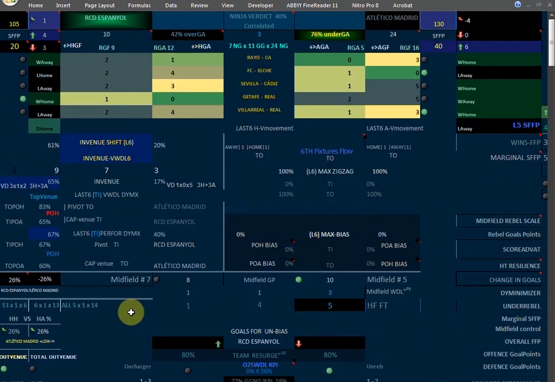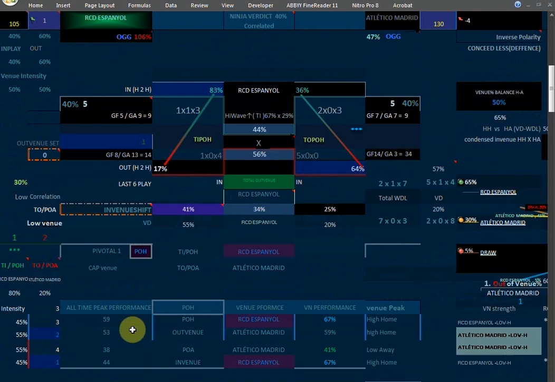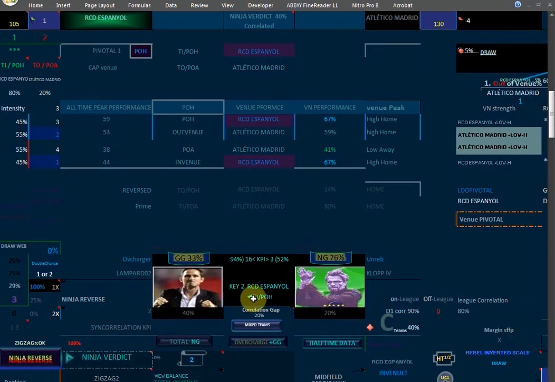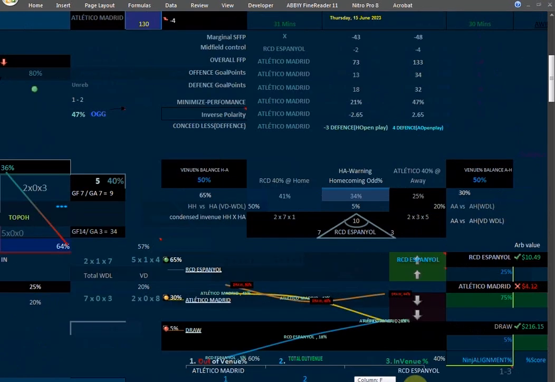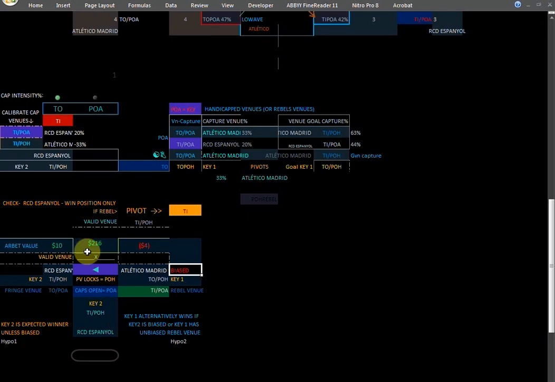So what happened? Let's see our key pivotal point first of all. That is POH in venue. Now this venue is considered critical. So I'm looking here, looks like that's the one. POH. Let's check here. There's a rebel indication here. Espanyol, you can see the up value for Espanyol here. It's high. For the draw is also very high. $216. You can see the up value over there.